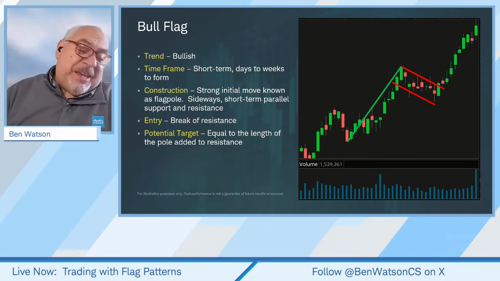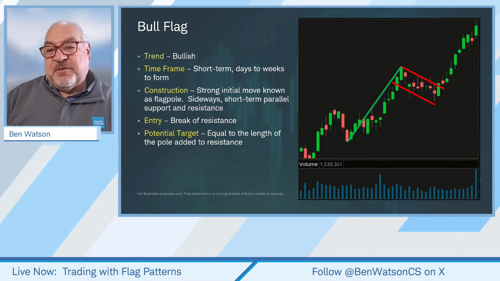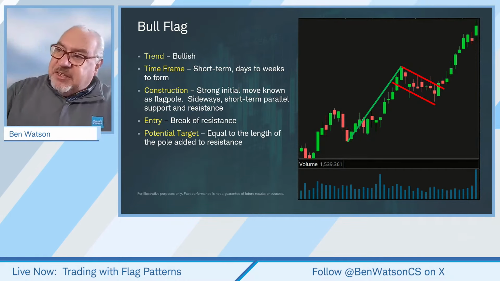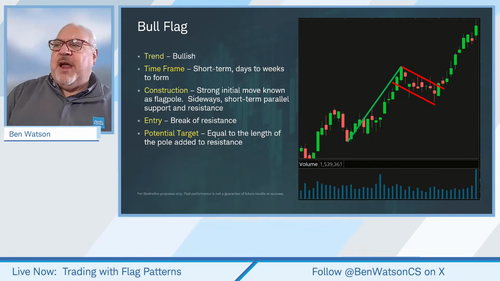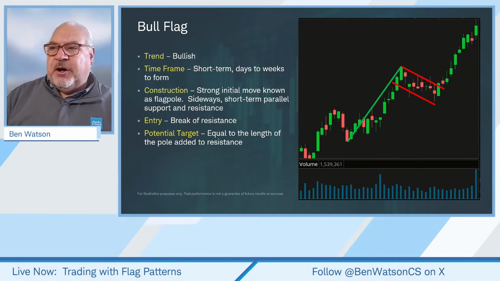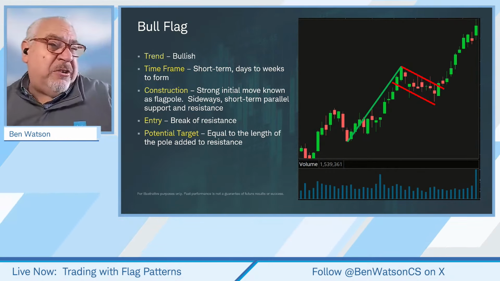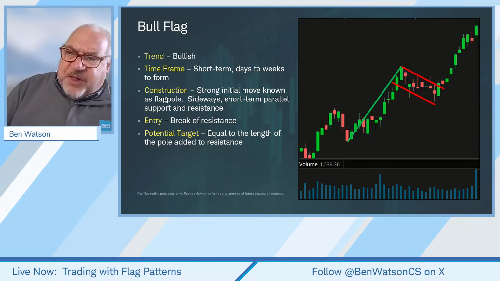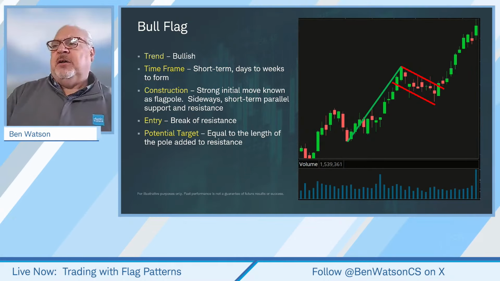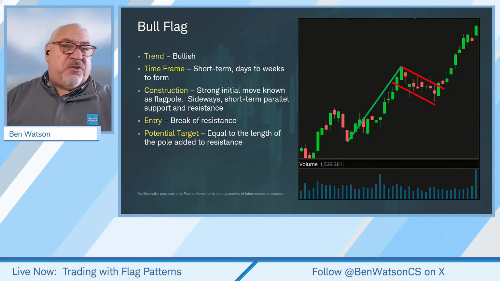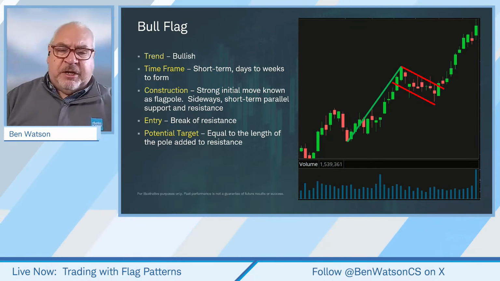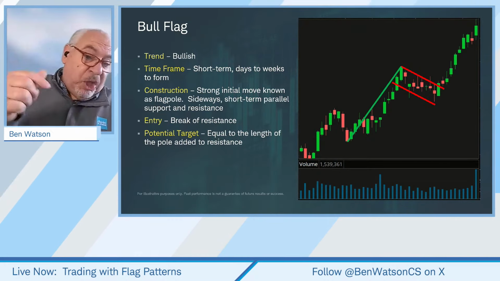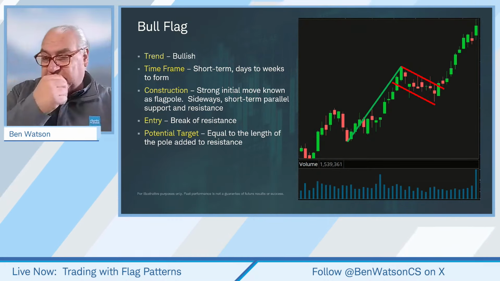Now, you can probably make the argument, guys, and I hope you've seen this over the last while, that a lot of these flag patterns also could be other types of patterns. We were talking about perhaps two-thirds or one-third of a head and shoulders pattern, or an inverted head and shoulders pattern, is what a flag pattern becomes, really. We talk about an ascending triangle, and generally an ascending triangle is a longer term flag pattern. So you're going to see flag patterns embedded in a lot of the other things that are in the discussion.